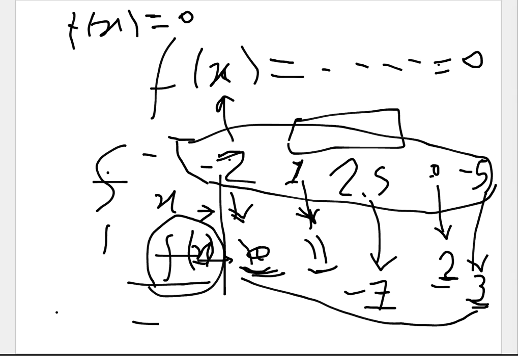Which of these values is near to 0? This value, 2, is near to 0, because it is only 2 different from 0. So the 0 value is the best